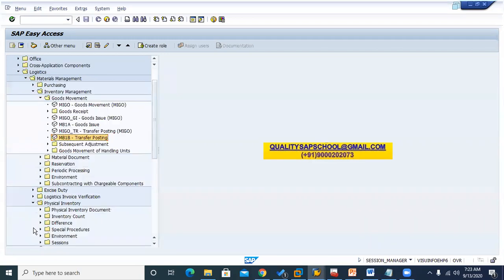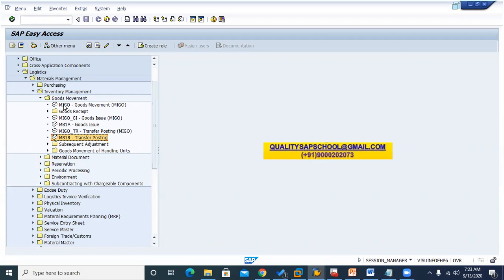And not only these, many more in outbound delivery and inbound delivery. Those transactions also need this 3-digit movement type. Without this, it is not possible.